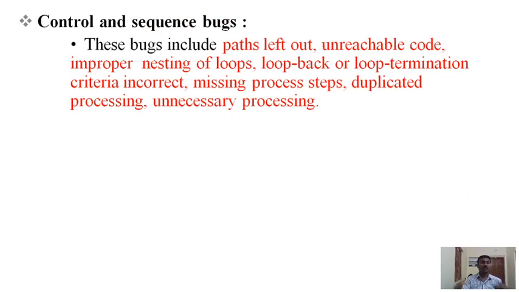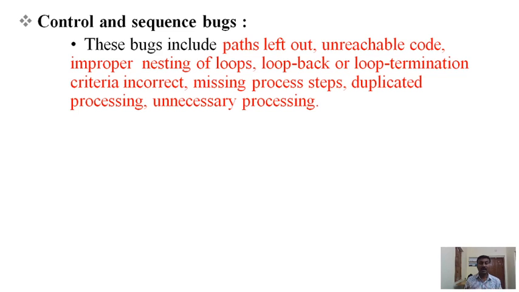In that, the first one is control and sequence bugs. What is meant by control and sequence bugs? These bugs include paths left out, unreachable code, improper nesting of loops, incorrect loop break or loop termination criteria, missing process steps, duplicate processing or unnecessary processing. So when you do any improper processing, maybe incorrect loops or incorrect termination of loops, any process steps